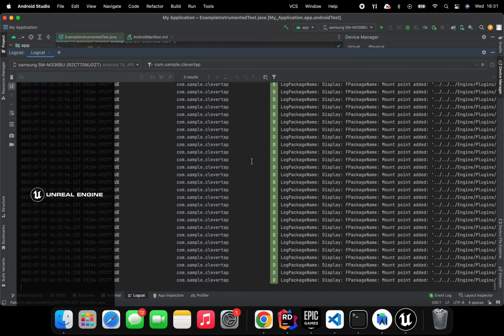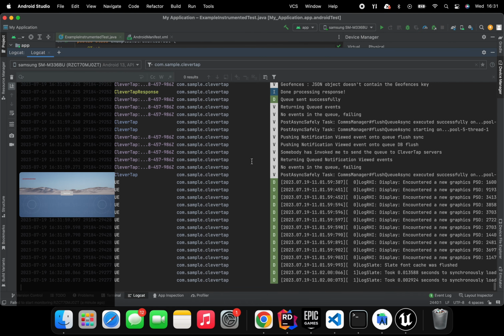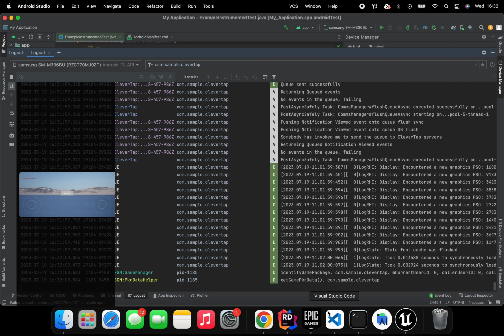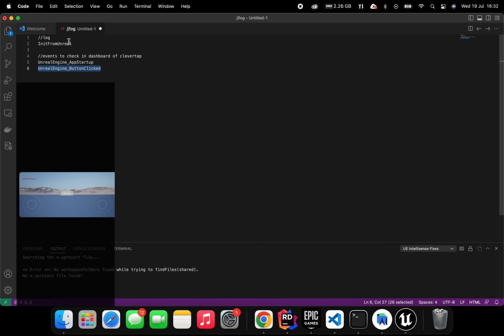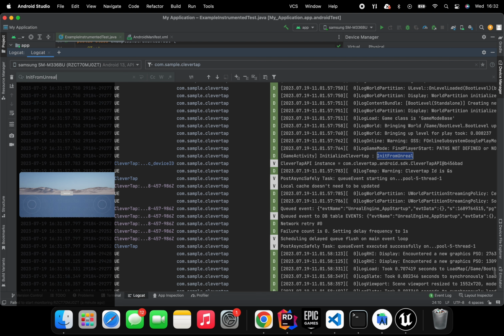As soon as I run my app, all of the processing will happen, different logs will happen, and I will get into the main level, which was the boot level. Now I can check for the logs. The first one was init from Unreal. Let's search for it, and yes, for sure, initialize Clevertap. Init from Unreal has been printed. It says Clevertap API instance. Also, it has found